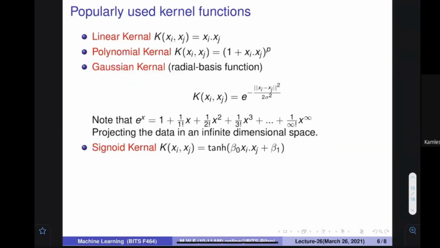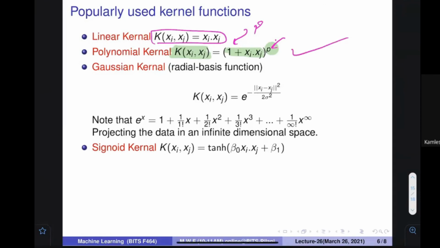This kind of kernel is called the polynomial kernel. The polynomial kernel is written as (1 plus xi xj) to the power p. Instead of 1, we can also put any number r, so there are two parameters here. The linear kernel is just taking the items and multiplying. That is not the important thing. Polynomial kernel, you understand? This is called the polynomial kernel.